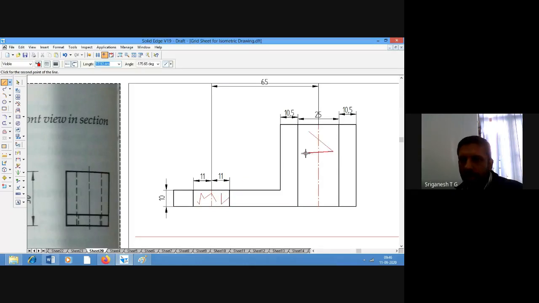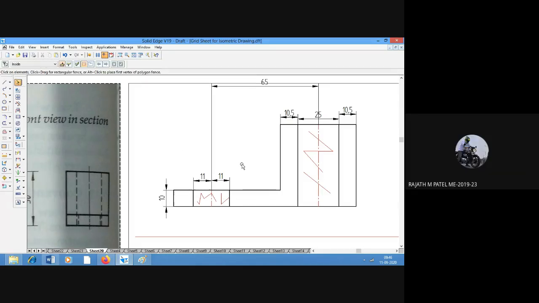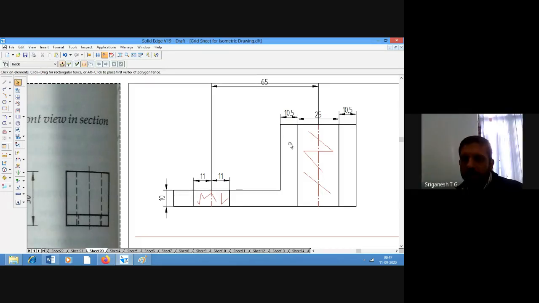And in this particular portion also, it is hollow, correct? Yes or no? So what about the remaining portion, the unshaded portion? We have material over there, correct? So after cutting, wherever we have material, we have to hatch that particular portion.